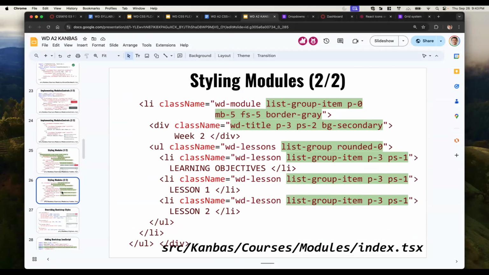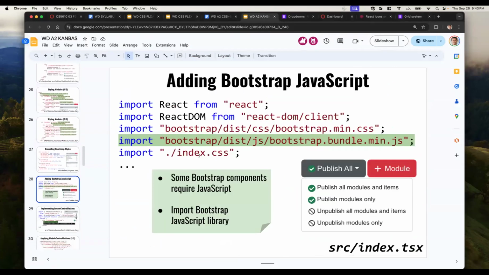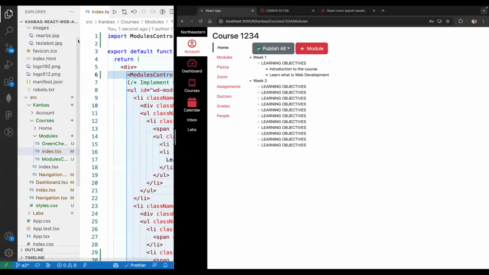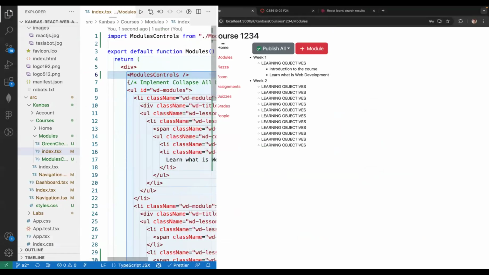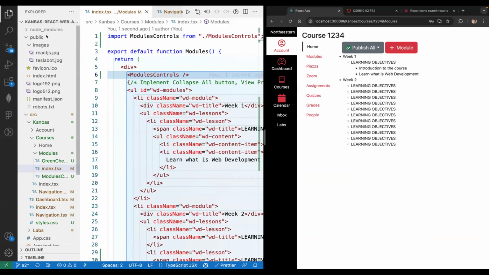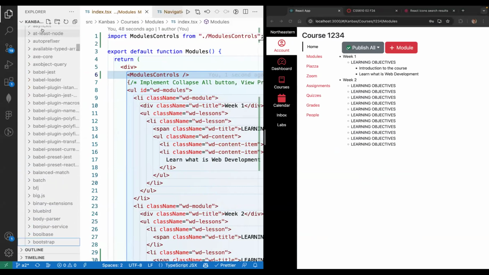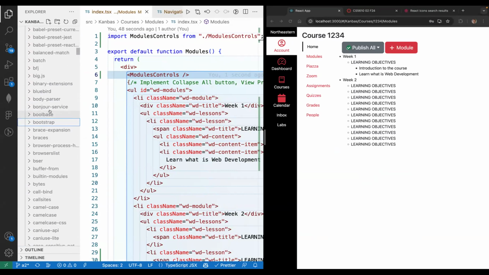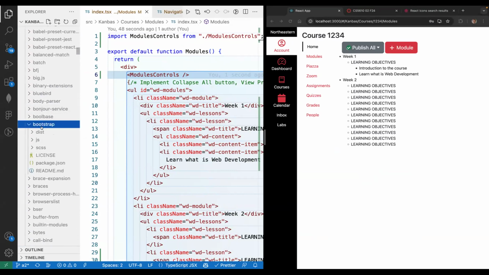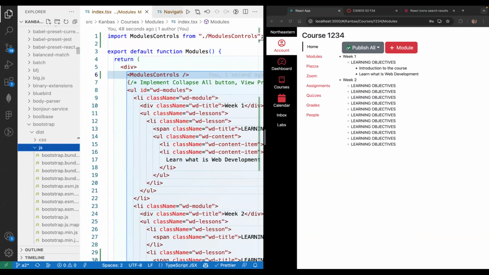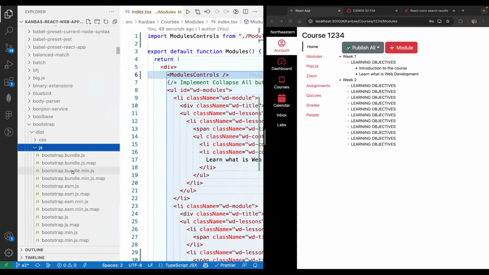We need to bring in the JavaScript. The JavaScript is available under the node_modules. If you go there and look for Bootstrap, you'll notice that under distribution, it has a CSS part, which we already imported, but it also has some JavaScripts that you can import as well,